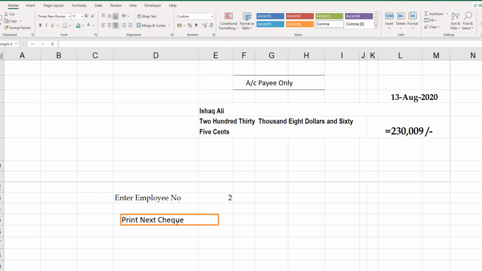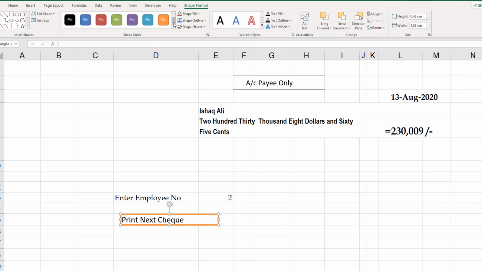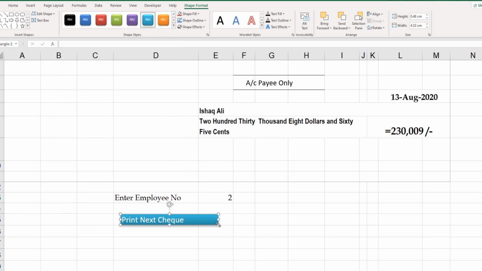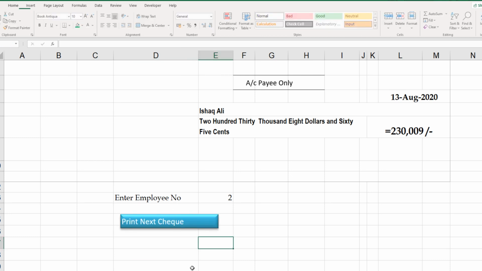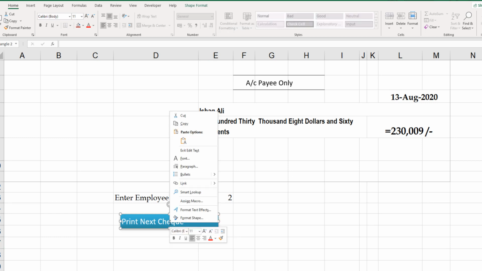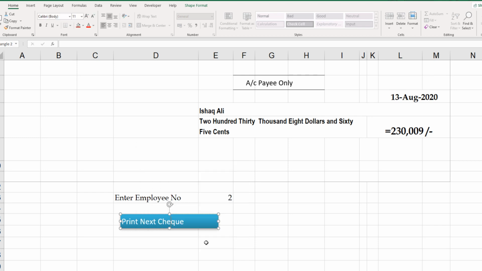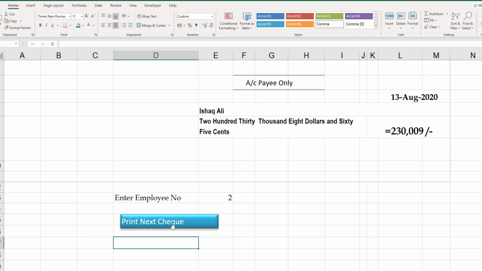Give it some aesthetically pleasing look. So this is our button. So right click, assign macro, and we are going to select the add1.